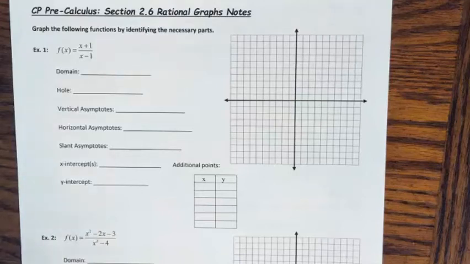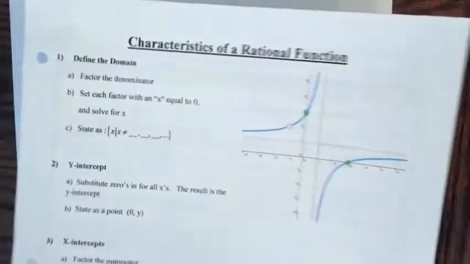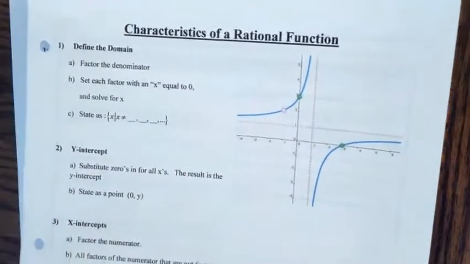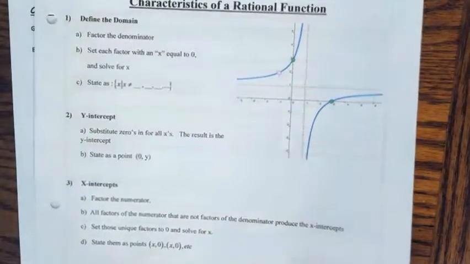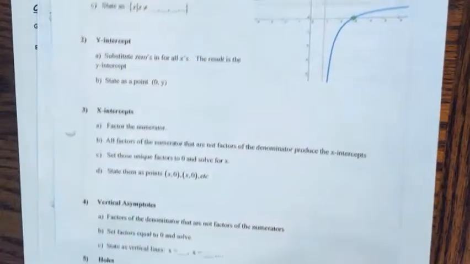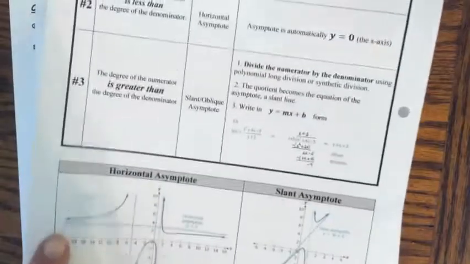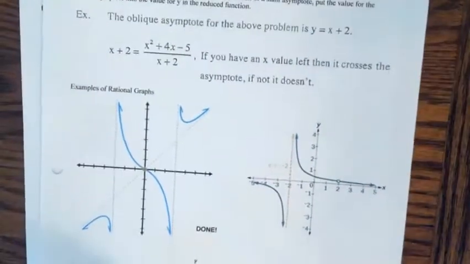All right, today we're going to look at the first two examples of rational graphs, section 2.6. And so hopefully you have downloaded the characteristics of rational functions from the home page. And you'll want to print this. This is going to be a great resource for you as you're doing your homework. So it's this page, it's the back, and then a third page. So make sure you have that, and I'll step you through all these